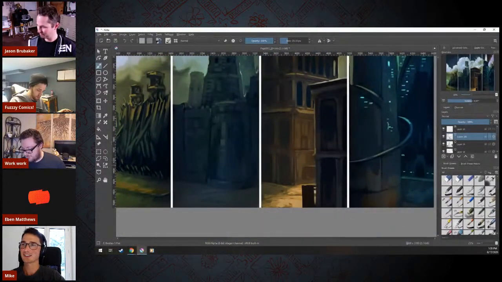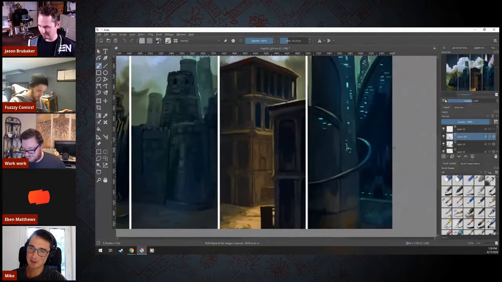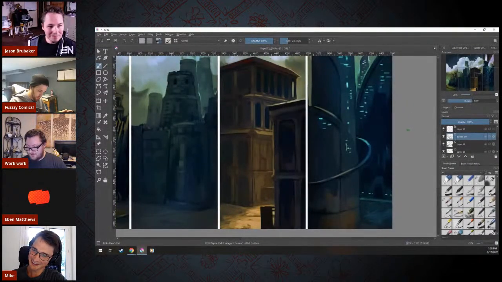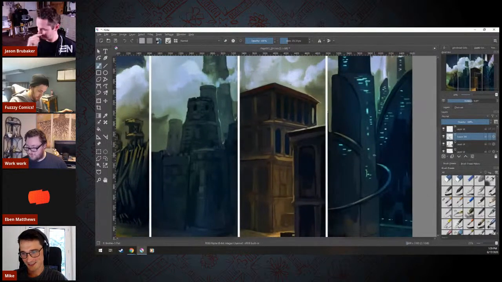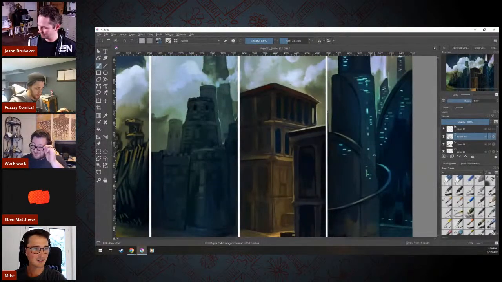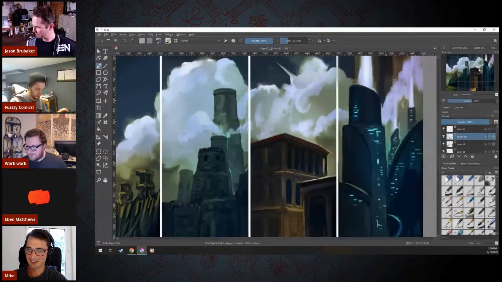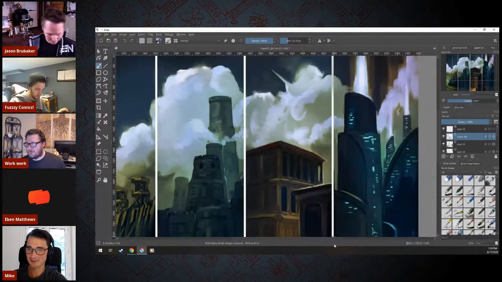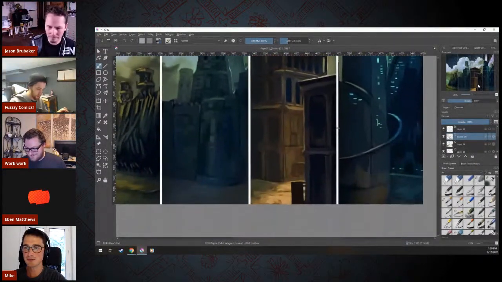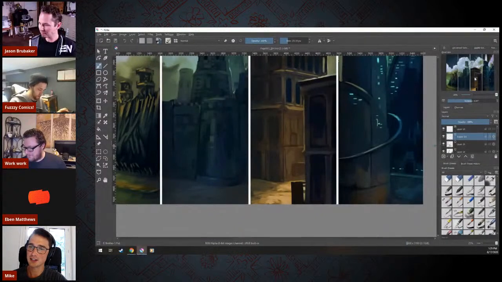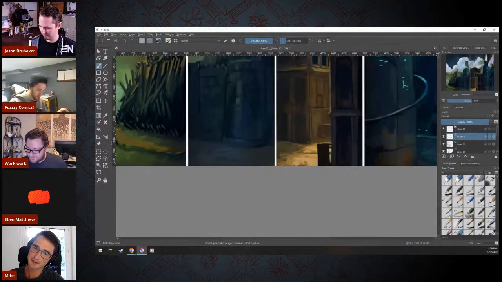Yeah, that's pretty fast. I haven't come to terms yet with actual digital painting. It's really good. It's one of those things you've got to learn, and once it clicks in your brain, then you're just like, yeah. I think it's once you get your process down and you have a routine that you always fall back to, then it goes a lot quicker. But I haven't figured that out yet.